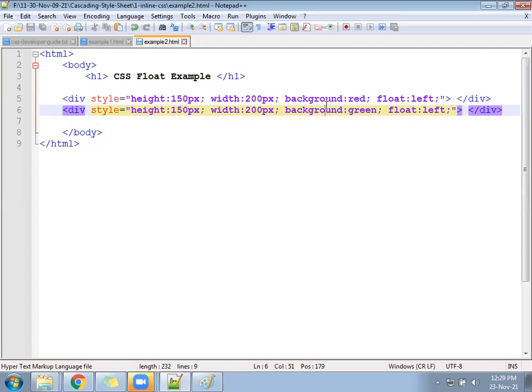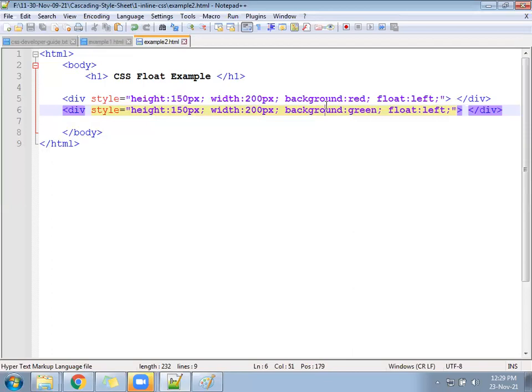So in an interview, people will ask, what is float? You will not answer directly, because you have float in JavaScript also, and float in CSS also. Under CSS, the float meaning is different. Under JavaScript, the float meaning is different.